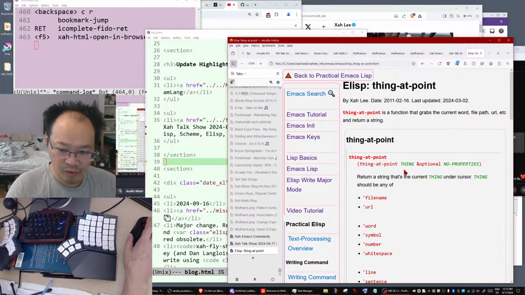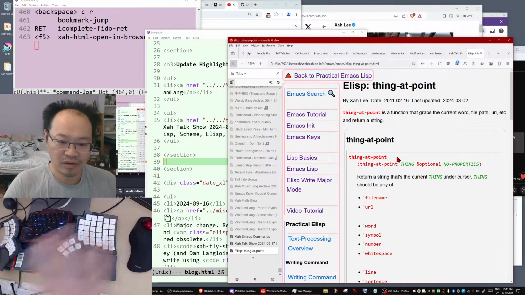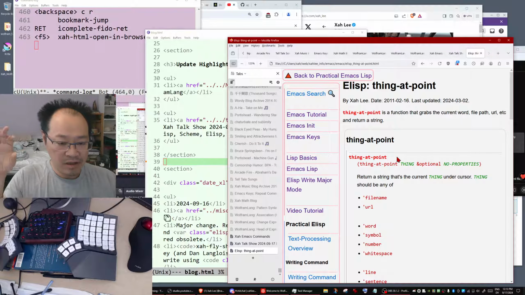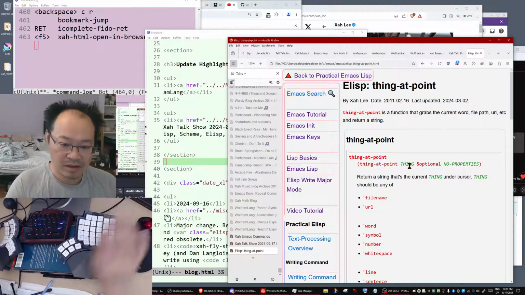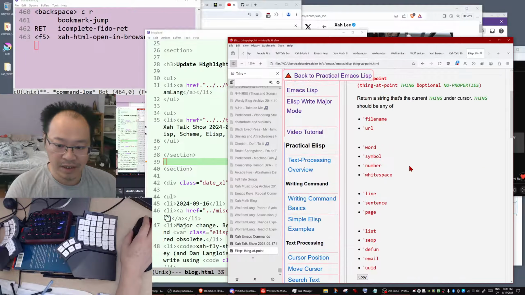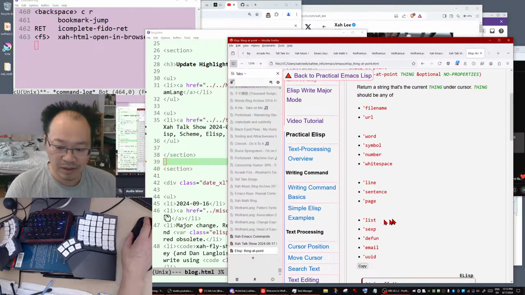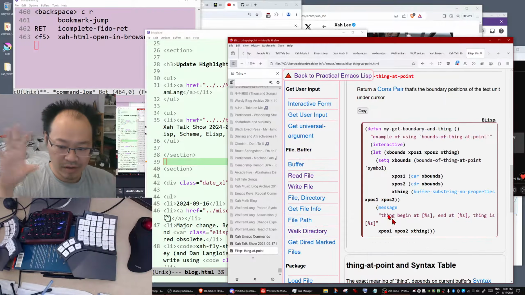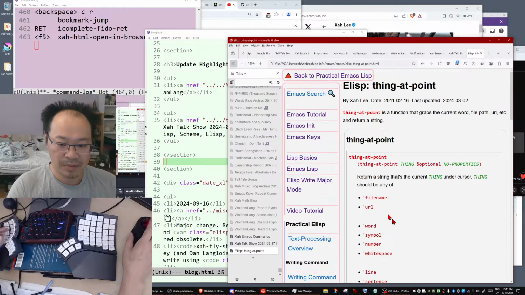This will teach you all about how you grab the current word, current sentence, current identifier, or current URL, or current file path. It can be word, symbol, number, white space, line, or sentence, or page, and so on. And you can also get their boundary. So there's the example, my Emacs Lisp tutorial.